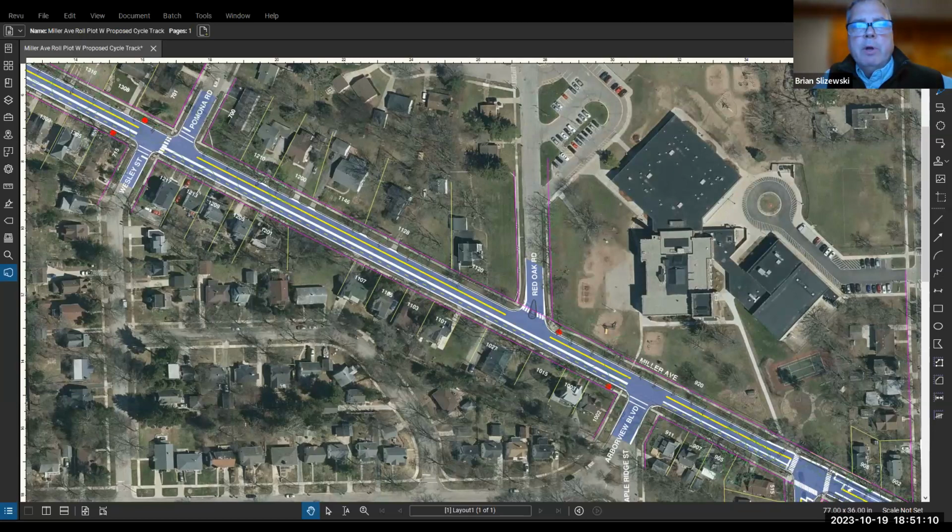The new main we will be putting in is a 12-inch diameter ductile iron water main. That is our current standard. It's a little bit larger than the usual 8-inch main that you would have, say, on a subdivision street.